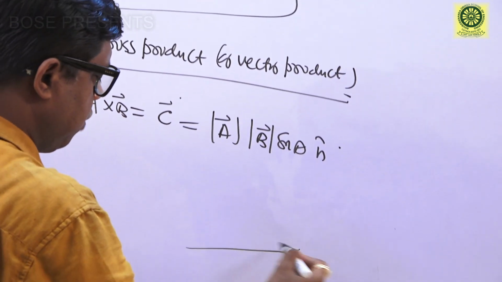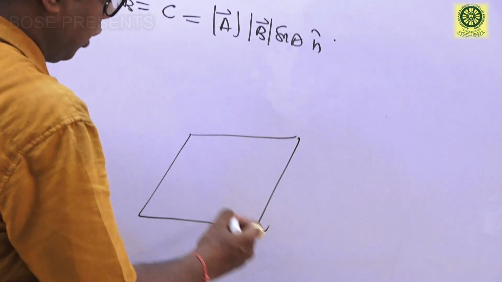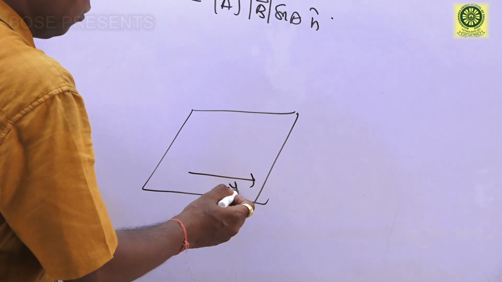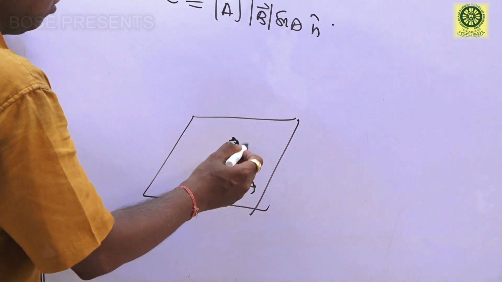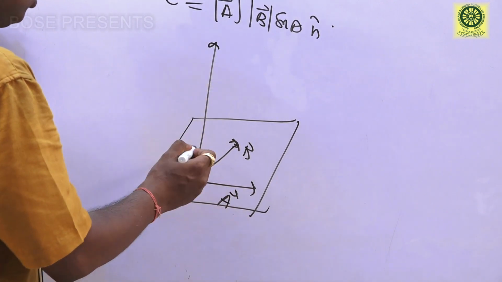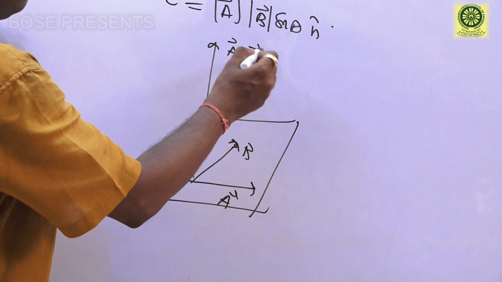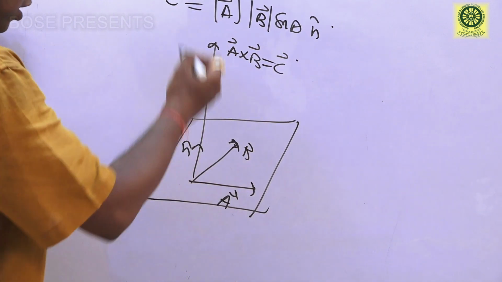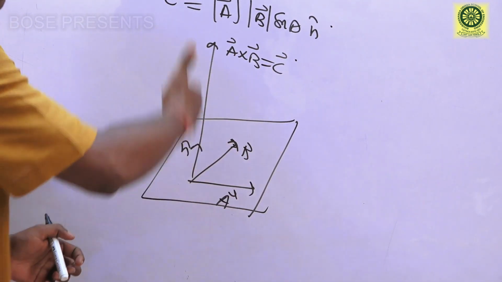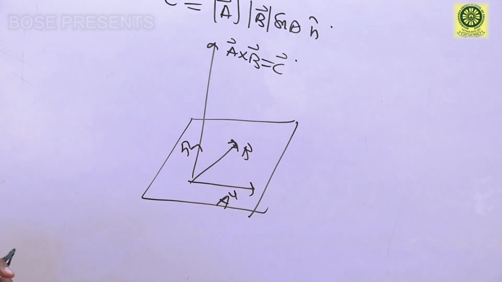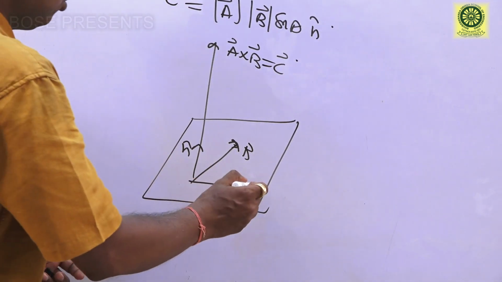And n cap is the unit vector perpendicular to the plane containing the two vectors. This is A, this is B, and this is n cap, the unit vector perpendicular. This is the A cross B or C vector, and this is the unit vector perpendicular to the plane containing the two vectors, by the right hand thumb rule